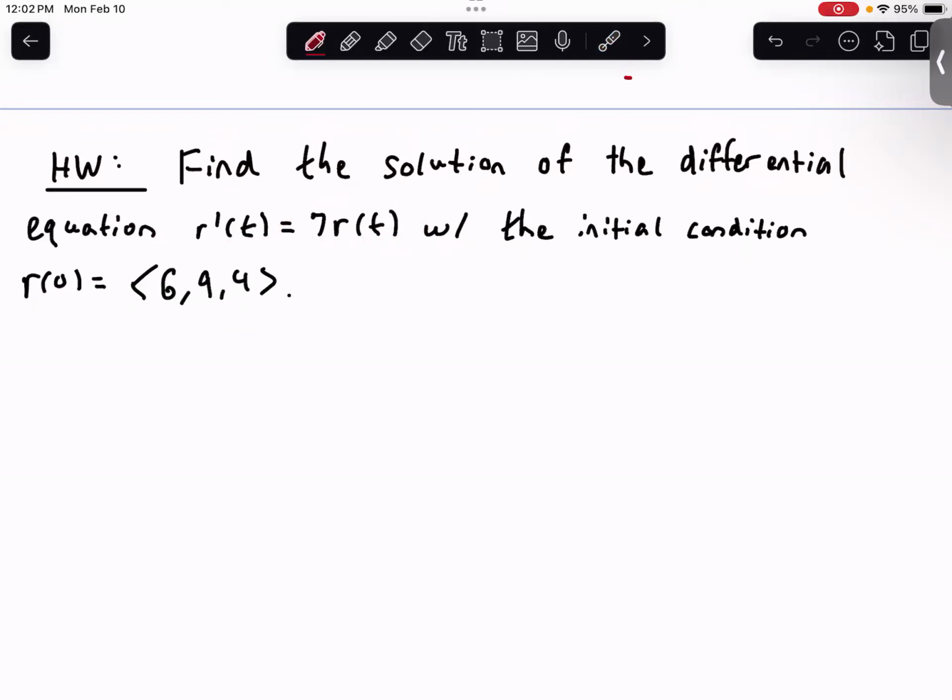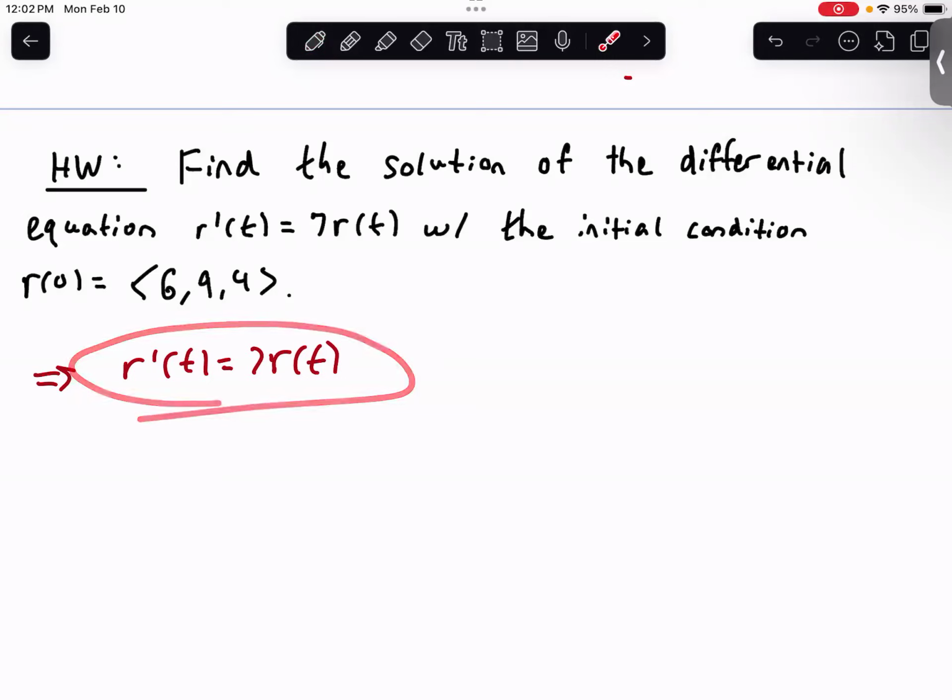And so this is something we did in Calc 2 last semester, if you had me in the class. How you would go about solving this differential equation is we start off with r prime of t is equal to 7 times r of t. And what you want to do is solve for r of t, which means you're going to have to take an integral, right, to undo the derivative that we have here. And so we're going to divide both sides by r of t to get r prime of t over r of t